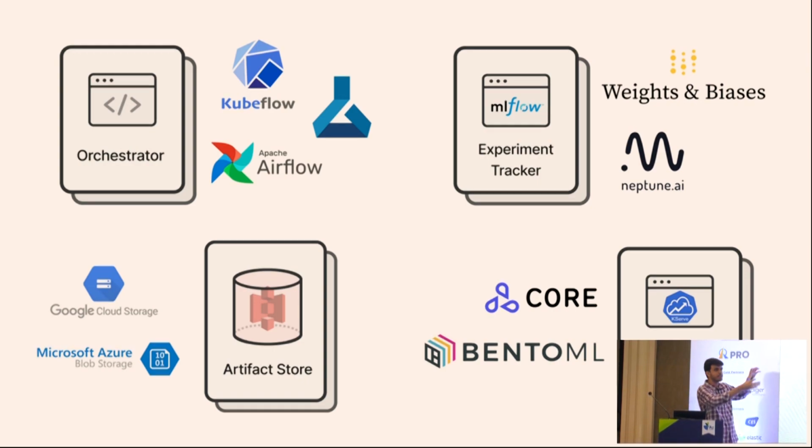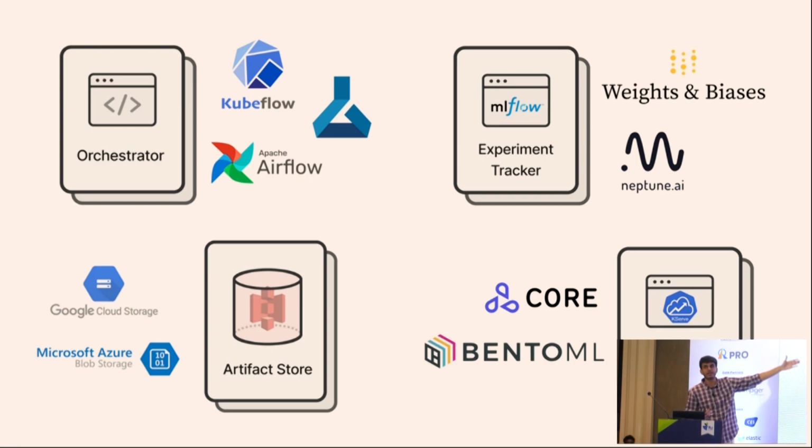So I can now take the tools which I had earlier and put them into each of these different buckets. For example, Kubeflow, Azure Machine Learning, Airflow. You might have heard of Airflow, it's pretty popular. All of these form a part of orchestration. Orchestration is where your actual code runs, where your pipeline is defined and executed, like the compute which you have. Azure ML has a lot of compute in the background. Kubeflow can be deployed on your Kubernetes cluster, and then you can run it there. So that forms a part of orchestration.